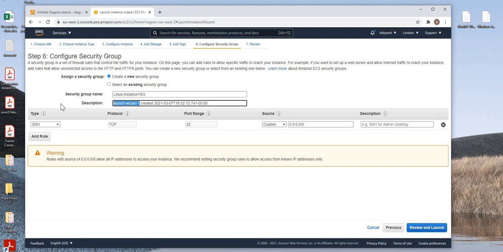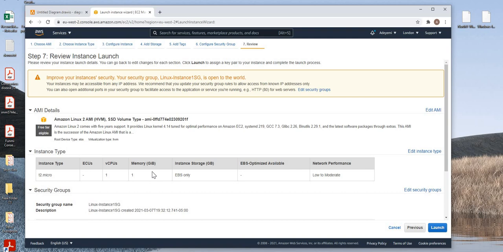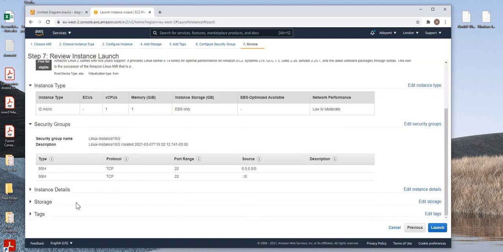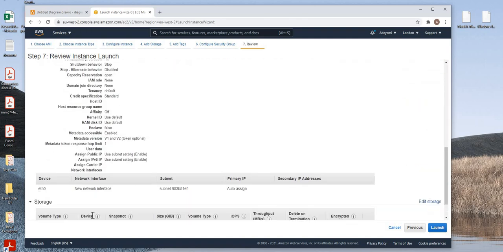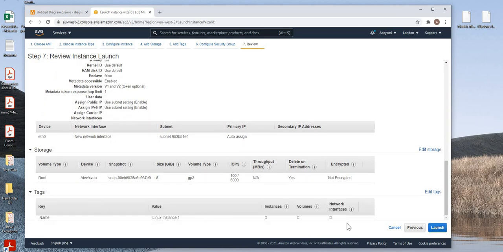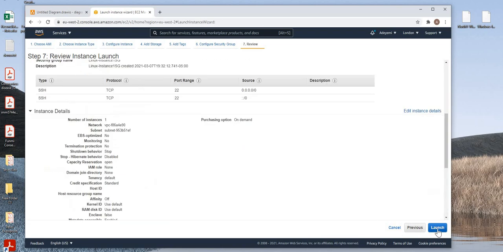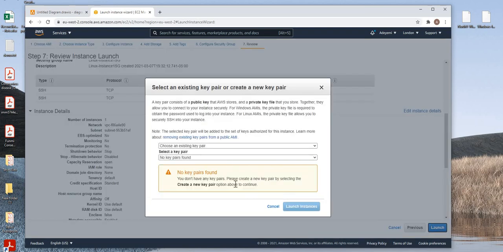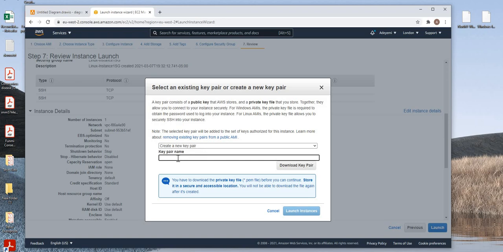and this port 22. I'll make this anywhere and review and launch. So this is what we have: instance details, storage, tags as a name, we give it this. Before we launch, we need to create a key pair, and let's call